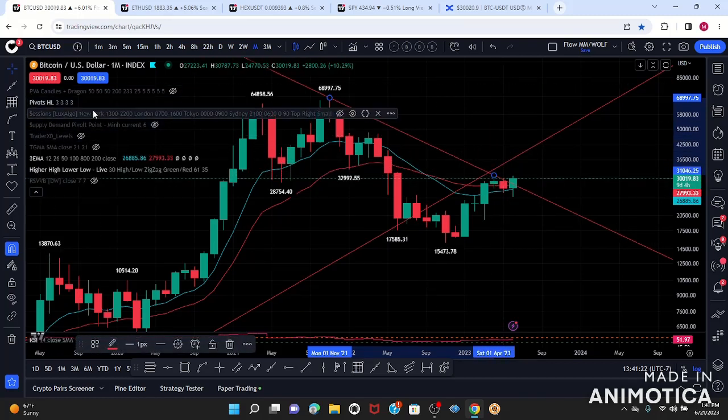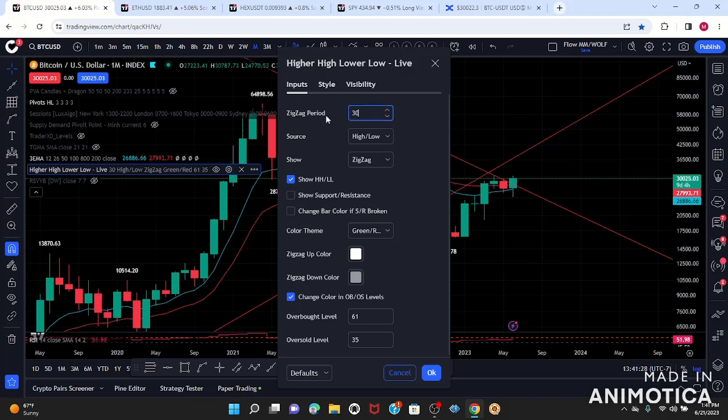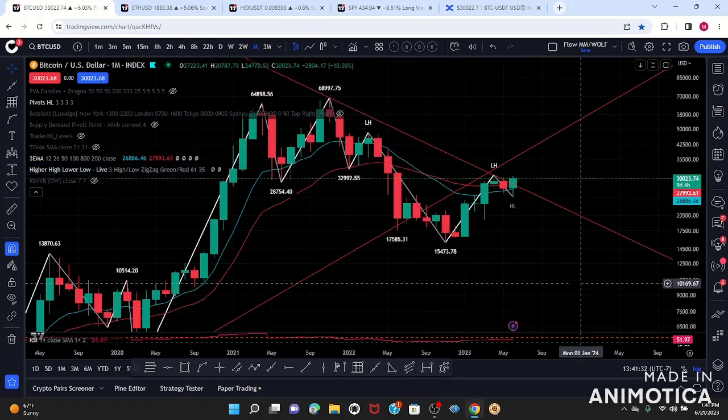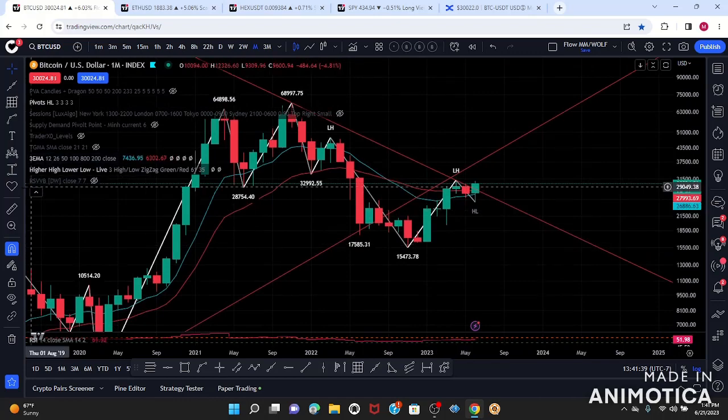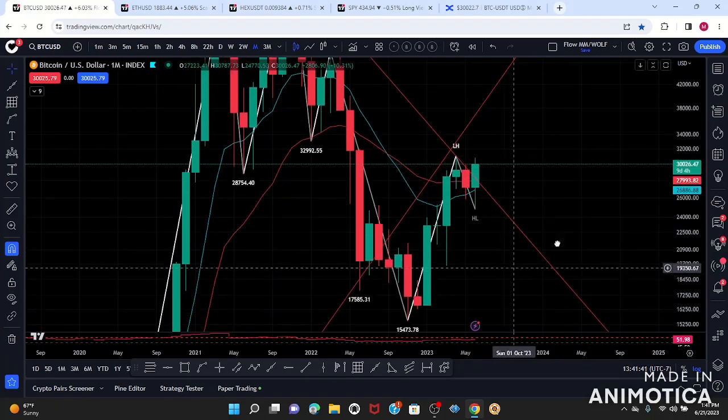And I like to use pivot highs and lows to help me. Also the higher high, lower low indicator. Great indicator here. Let me see what's going on. Okay, so because I'm looking for the next trade, I'm going to concentrate on